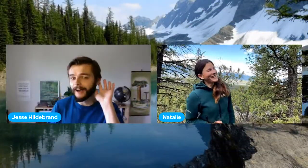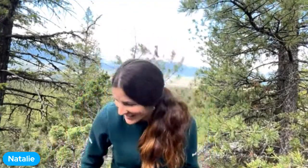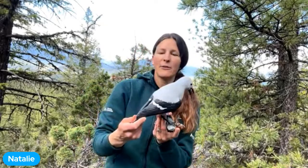So do you hear that in the tree? Can you hear? I can't hear it. So that is the sound of a Clark's nutcracker. I'll show you a prop because we can't steal real birds. So Clark's nutcrackers are in the Steller's jay family, and they have black and white plumage, and they have a really neat